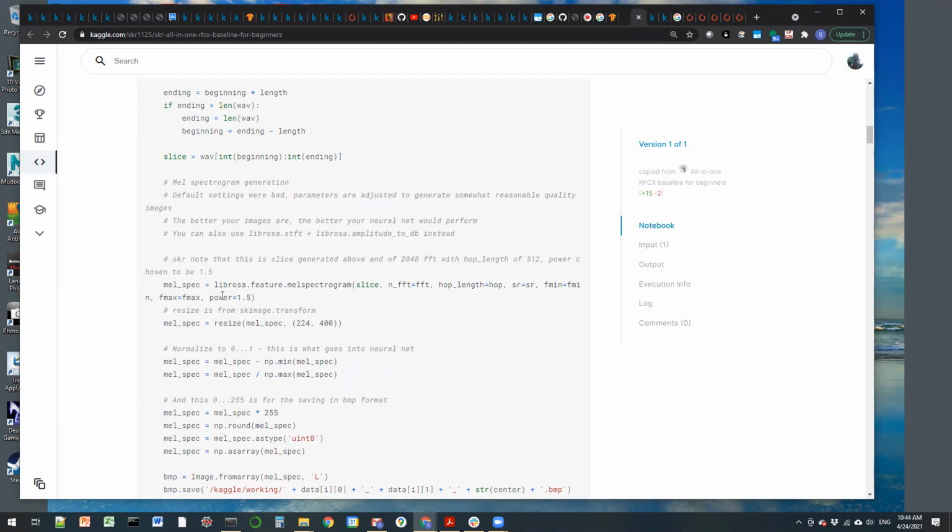A detail as to this power. I mean, obviously we saw this already, but the NFFT is equal to FFT, which means this is 2048. The hop length is the hop. Now, this is where you'll need to understand a little bit of the sound processing. So it takes a 10-second sample. Now, remember that a 10-second sample is 48,000 times 10. So it's 480,000 samples. Those samples are digitized, converted to Fourier transforms at